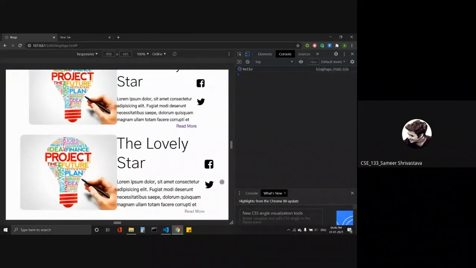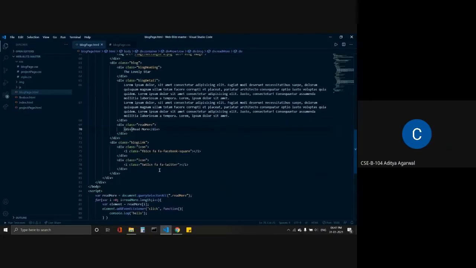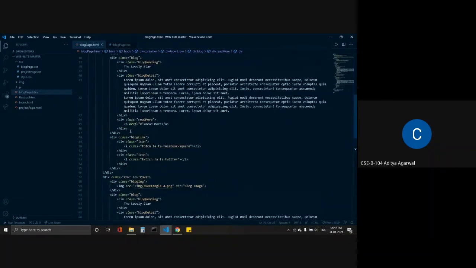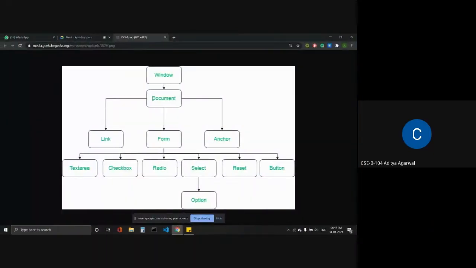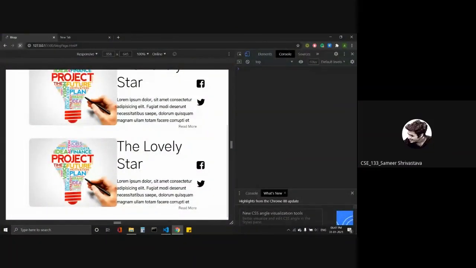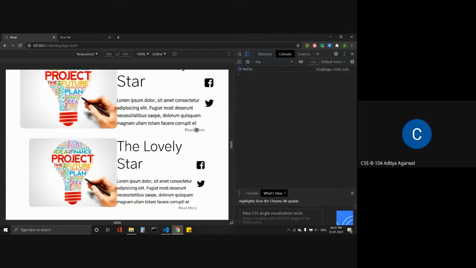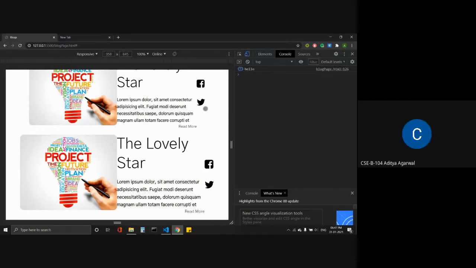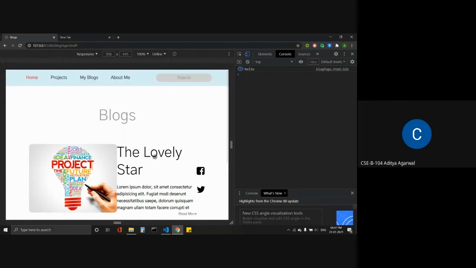I need to see the code once. Okay, so wait, sorry. I just removed the anchor tag from the second row. Sorry. Okay. Now it will not be. See, now if I click on read more, the hello is getting printed. Now it is working fine. But the styles are removed as I have removed the anchor tag, so the styles are getting disturbed here.